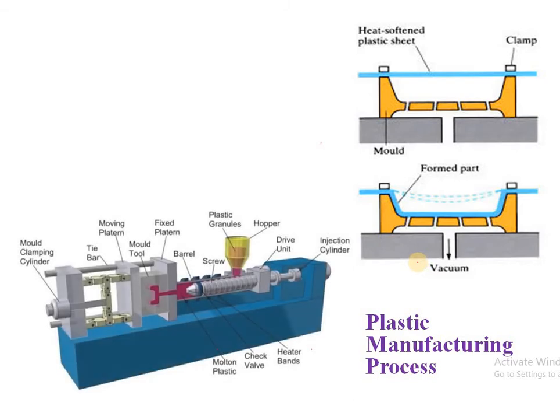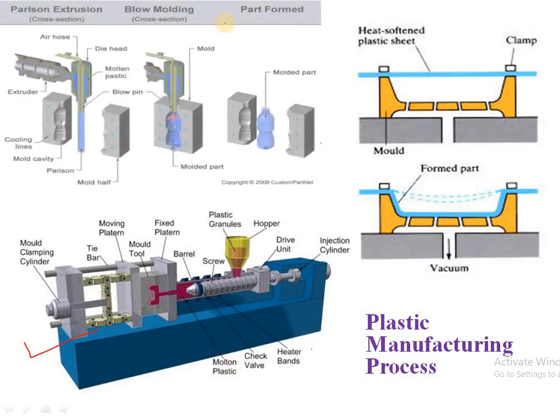Then the next is injection molding machine. Here you can see this is the injection molding machine. This machine is widely used to manufacture the plastic products. In this, the plastic material is melted and then it is allowed to cool in a cavity to obtain a desired shape. So it's widely used. Again plastic is classified into two, that is thermosetting and thermoplastic. Now to obtain a product from thermoplastic, we are using this injection molding machine.